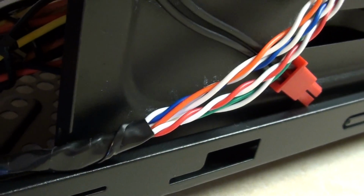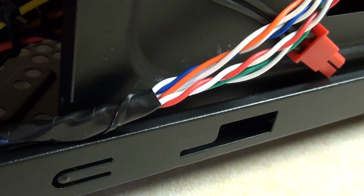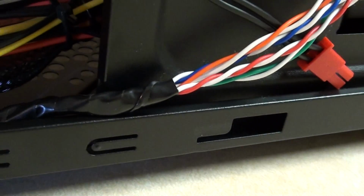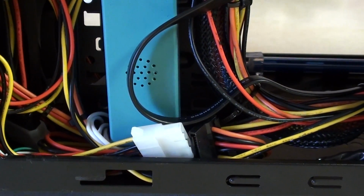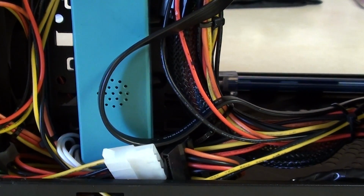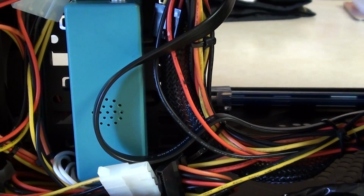As you can see, there's a notch in the case, which looks like it was designed to allow something to go back there, but I was worried about the sharp corner, so we taped it up to prevent any damage to the wires themselves. As you run right here, the blue is the cold cathodes control box. We don't have it set up on audio. Not really our cup of tea,